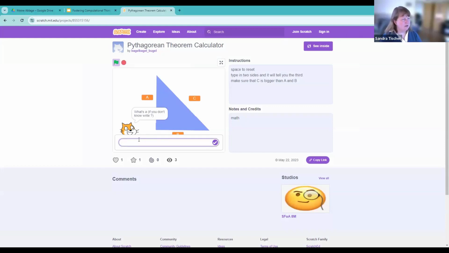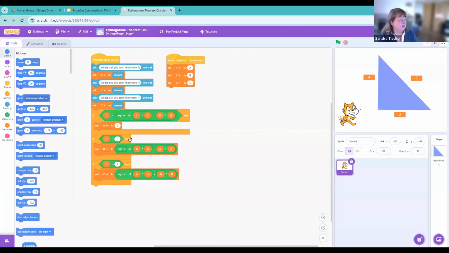What's A? If you don't know, write question mark. So let A be 4. Enter. What is B? B is 3. And then what's C if you don't know that? That's my unknown for the time being. It's calculated. When you type it in as a question mark, it's calculated. And if you look into the actual code,